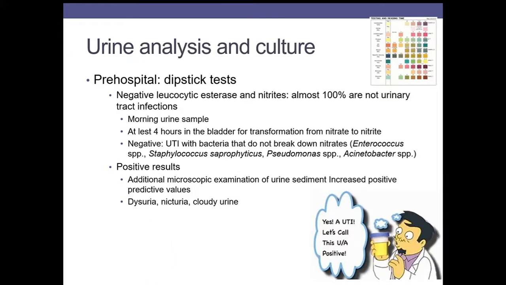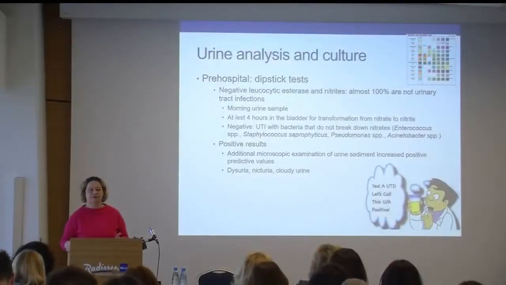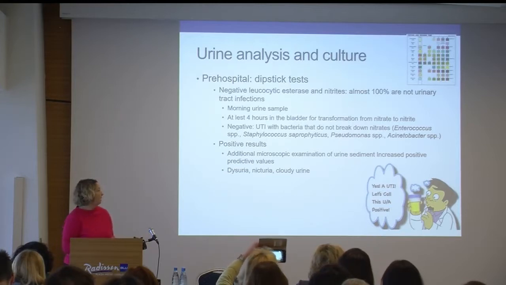In pre-hospital, dipsticks are something that makes the life of the physician easier. It is difficult to get the right sample, so the negative results are excluding urinary tract infections. But you have to keep in mind that the transformation from nitrates to nitrites takes at least 4 hours, so the urine has to be taken early in the morning before the first voiding, or the patients have to